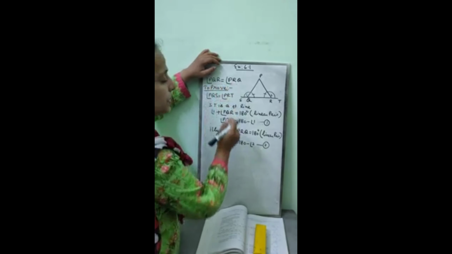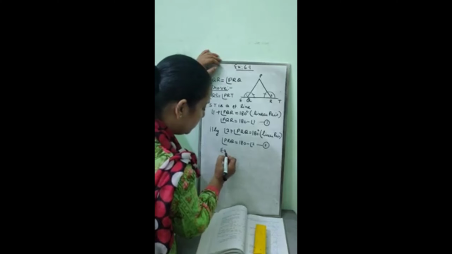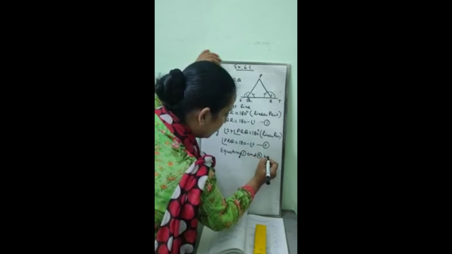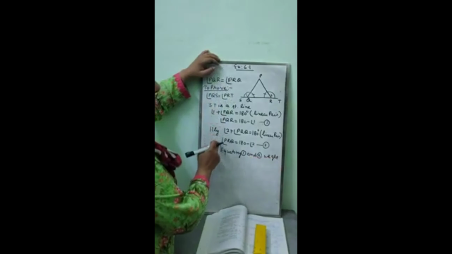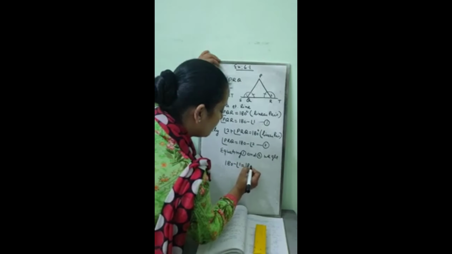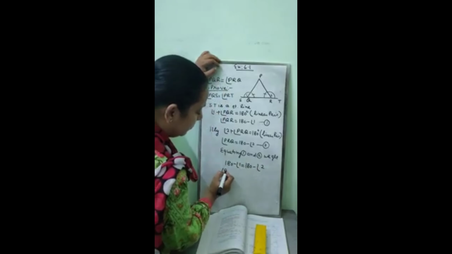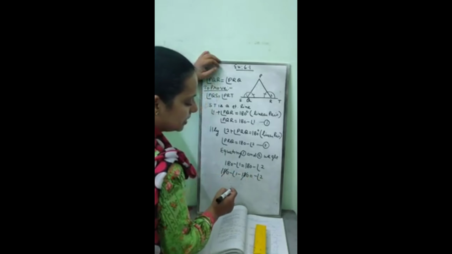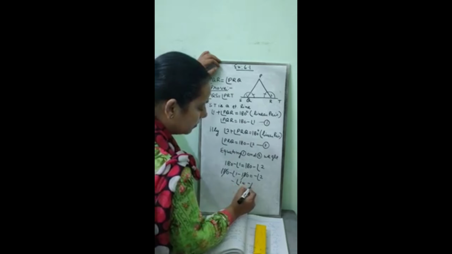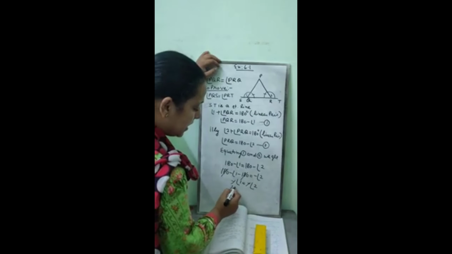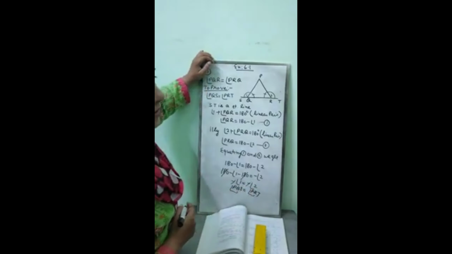But we have PQR is equal to PRQ. So what you will do, equating, both angles are equal, so we will equate these two values. 180 minus angle 1 is equal to 180 minus angle 2. 180 minus 1 minus 180 is equal to minus angle 2. 180 cancel. Minus minus cancel. Angle 1 is equal to 2. Angle 1 is angle PQS. Angle 2 is angle PRT. So these two angles are equal.